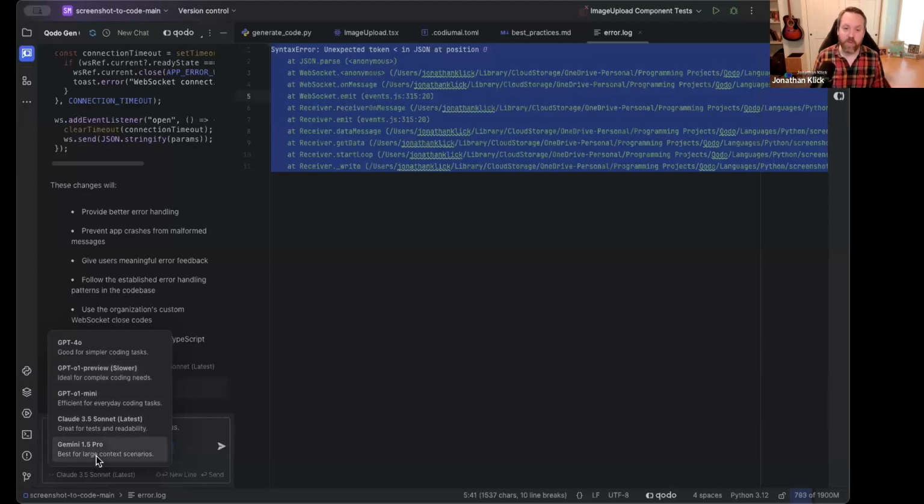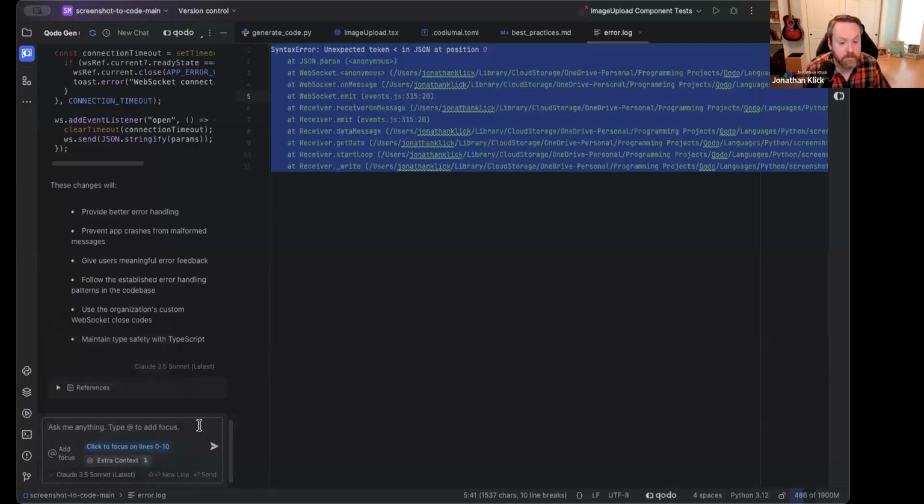Gemini 1.5, the primary reason you might want to use that is if you are doing an ultra large context size. I was talking to someone recently who was trying to use a context that had like 20 large classes in it. Gemini has a 1 million token context window, so about 5 times the size of Claude 3.5. That would be the edge case where I'd use Gemini, but generally Claude just wins all around from a speed, performance, and context window perspective.